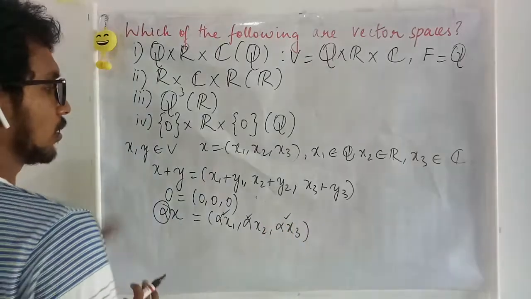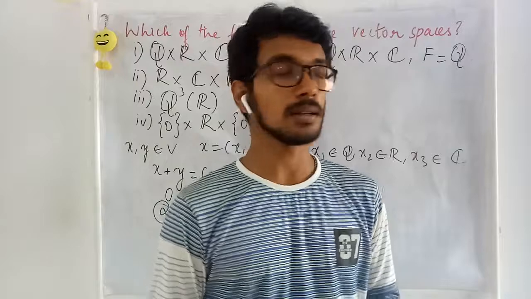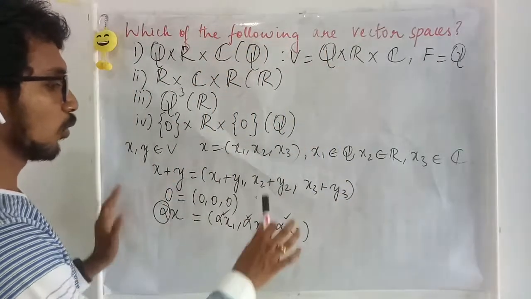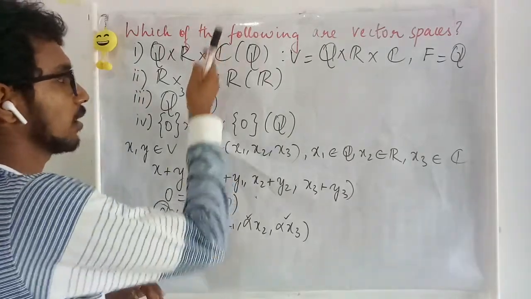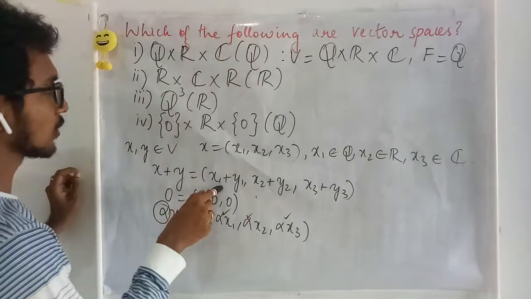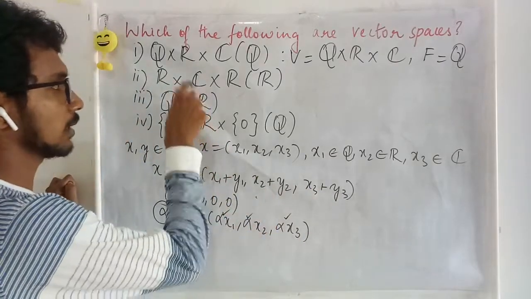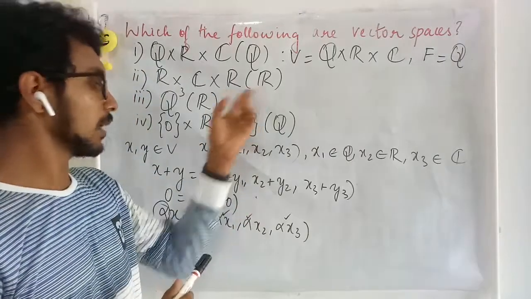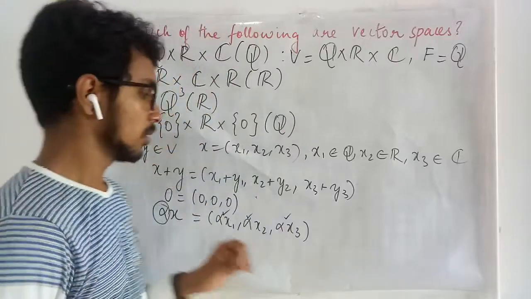So this is fine. Now you are left to check the remaining requirements, and you can see that this forms a vector space. This is how the vector addition and scalar multiplication are defined in all the cases. Right? Here what is going to be the case? This one has to be a real quantity, this one has to be a real quantity, and this has to be a complex quantity, and it is defined over R. So when you multiply a real value with a complex value, you will land in a complex value.